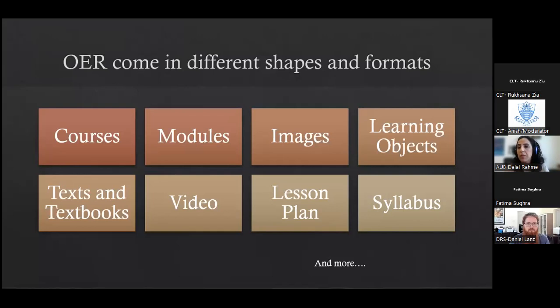You can find sometimes assignments for courses, or assessments and tests for specific courses, learning objects, textbooks, lessons. They can come in different types, such as videos and audios, etc. So you can find them in different types and formats. And here we also speak about